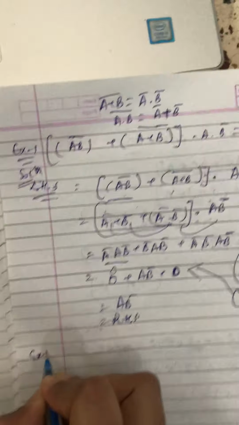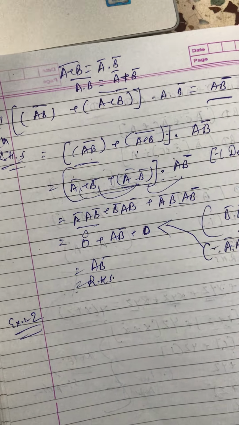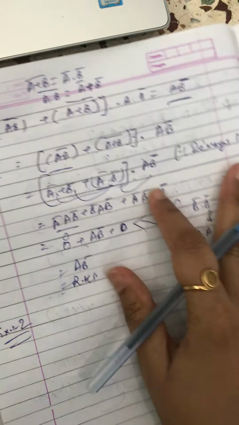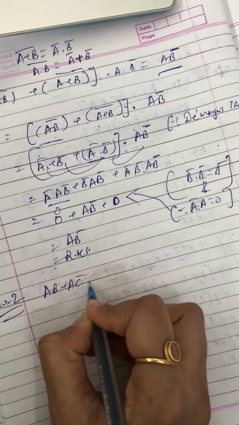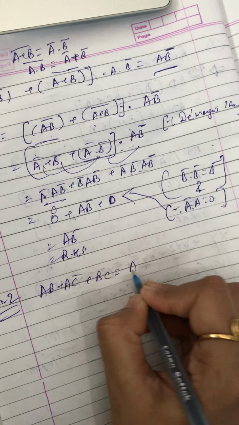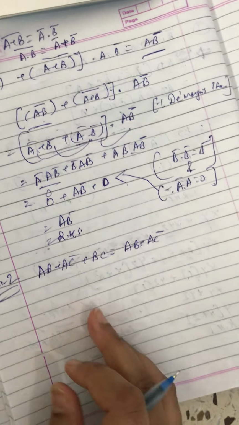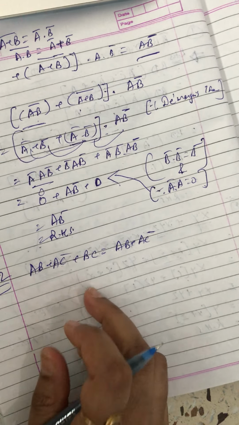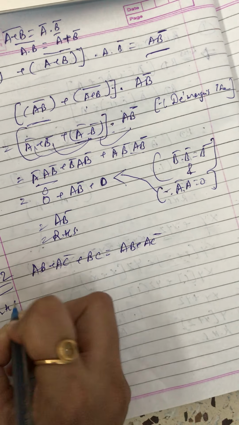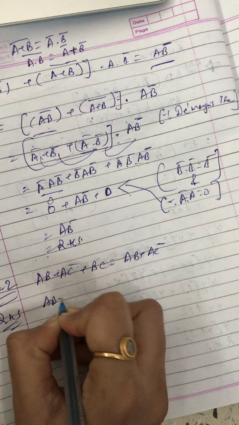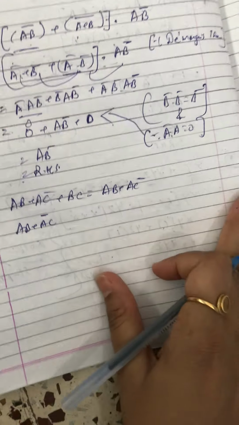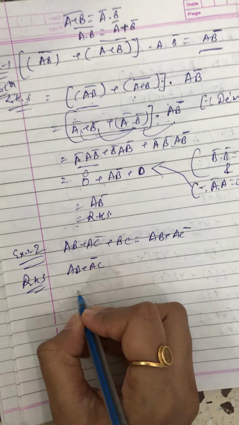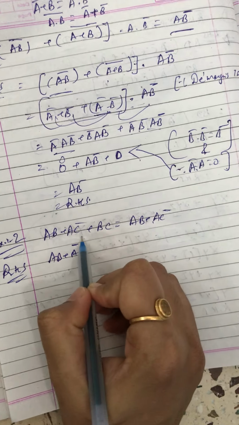Now let's go for the second example, which will show you how to prove from right hand side to left hand side. The sum is, it is equal to AB plus A bar C. Now there is nothing to make common and you cannot cancel anything, you just try to practice. So we can start from the right hand side, AB plus A bar C. See, sometimes to reduce a term, first you need to add some terms in it, and then you will be able to do it. So let's start. You need to prove from here to here.